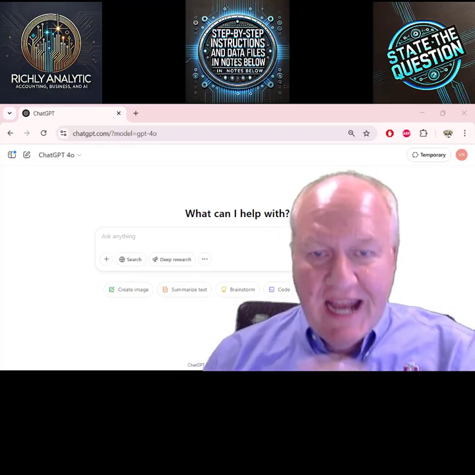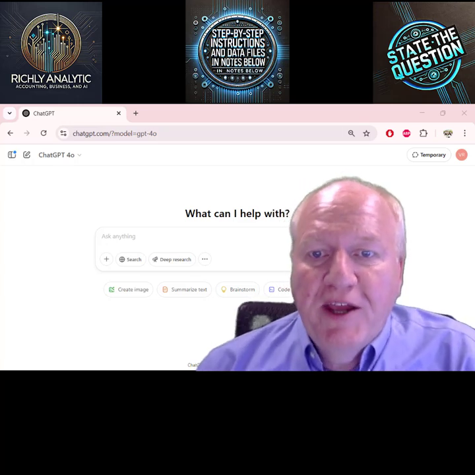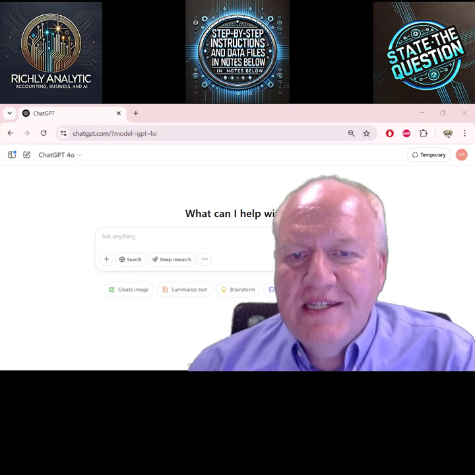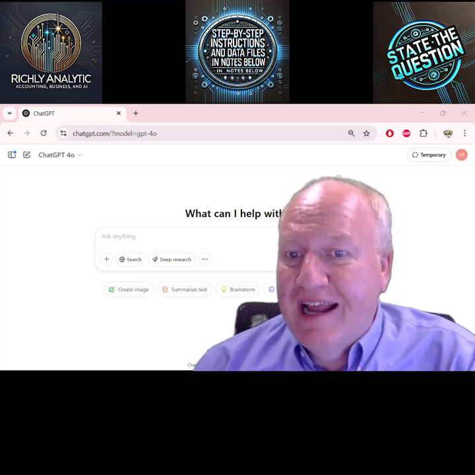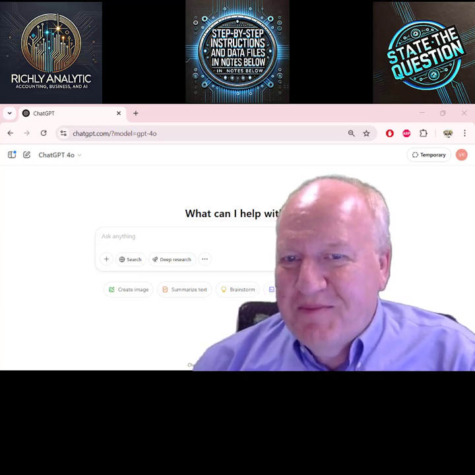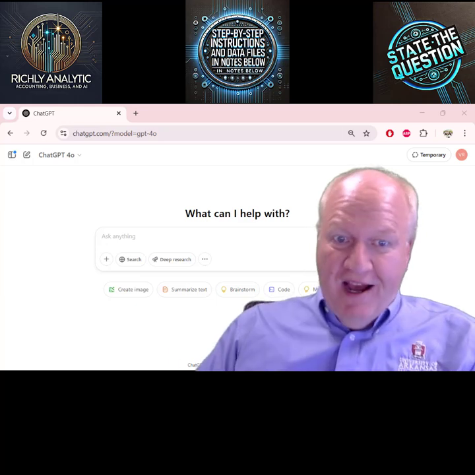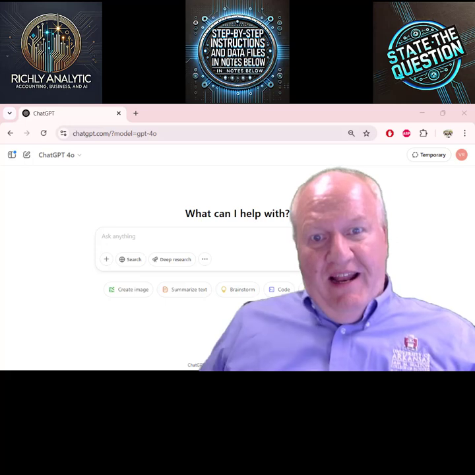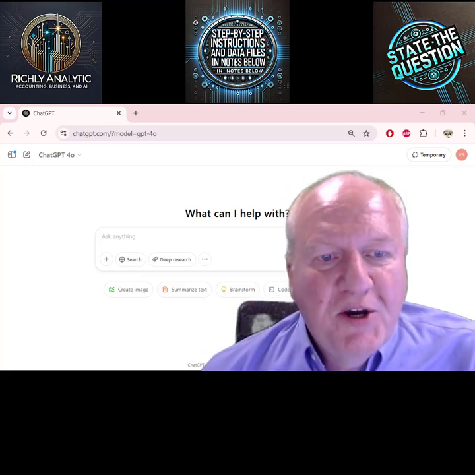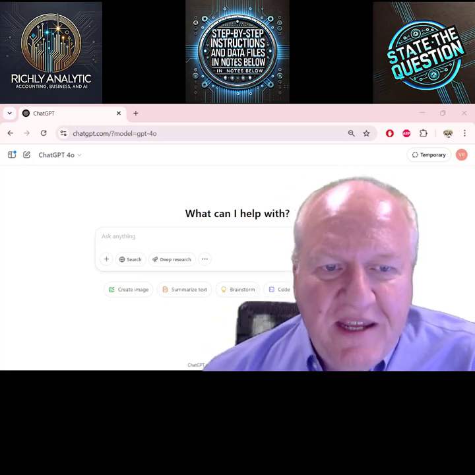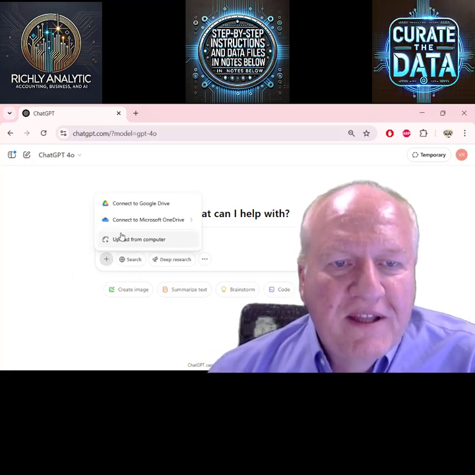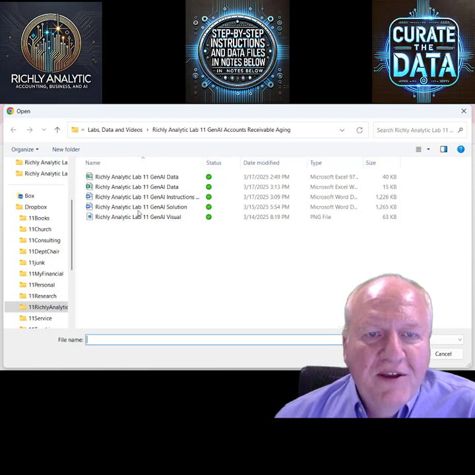Estimates like to use an aging schedule to evaluate the allowance for doubtful accounts. In other words, they're trying to figure out which receivables can be collected and which ones cannot. As they age them, the argument is if it's been a long time, say half a year or a year, they're less likely to pay, less likely to find them. But if it just was out last week, maybe more likely to collect. So let's go ahead and open up the lab and evaluate that.